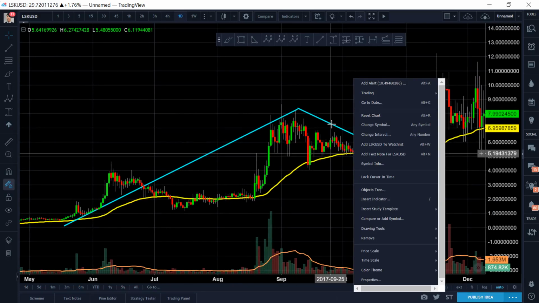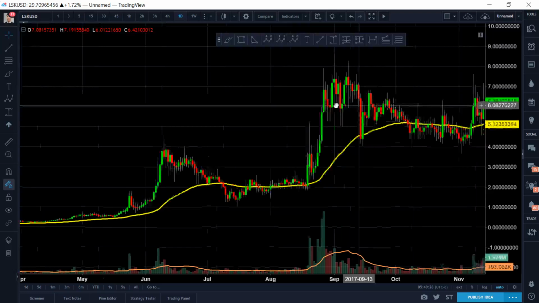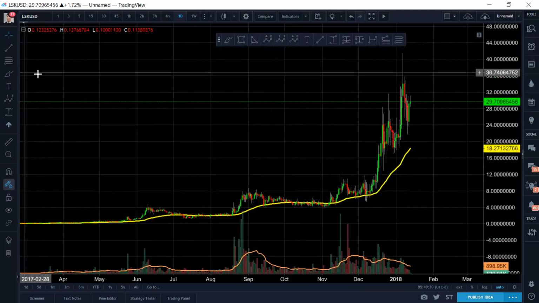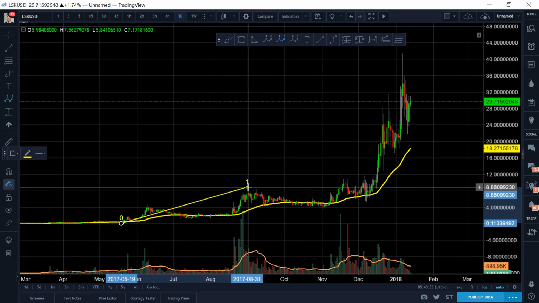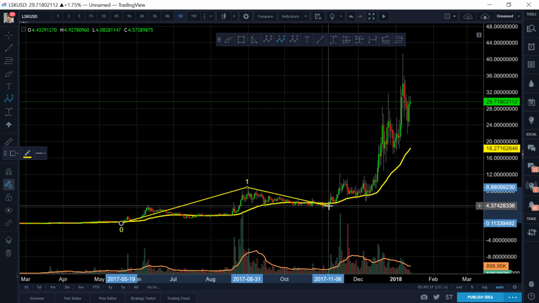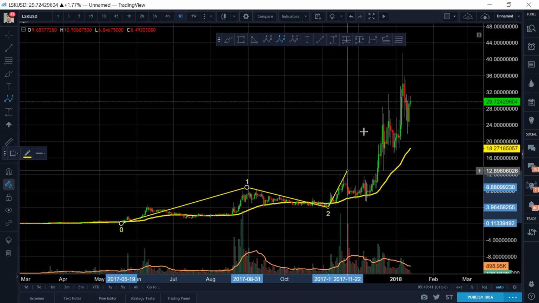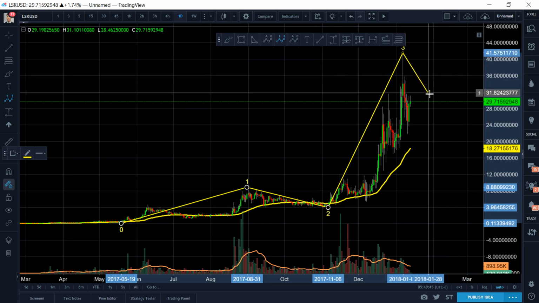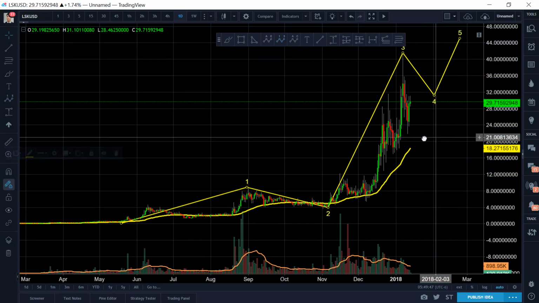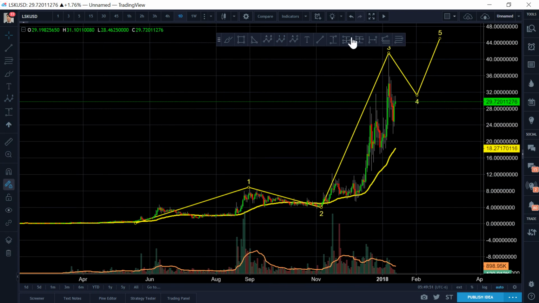But now, what we can assume with Lisk is this. It's going to be consolidating for a while, because we now have officially accepted what we think is a good wave count, right? So it's a good wave count, and that's 3 there. 4 will be, you know, somewhere in a range, and then 5 will go up. So we still have quite a bit of ways to go. If we use fib extensions,